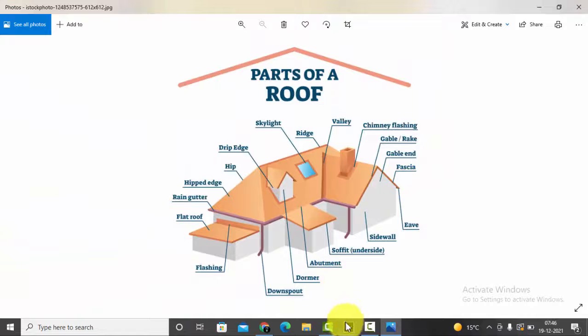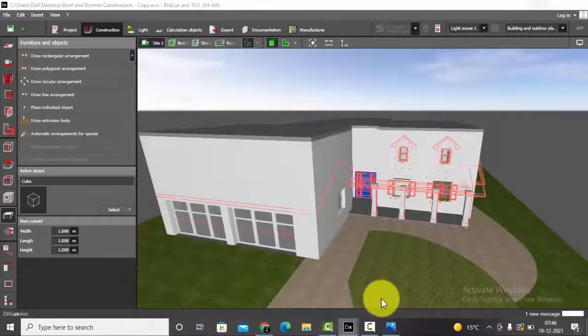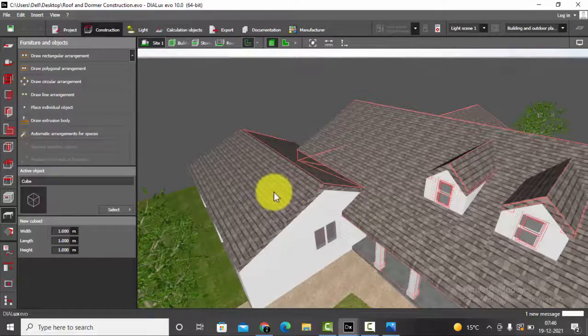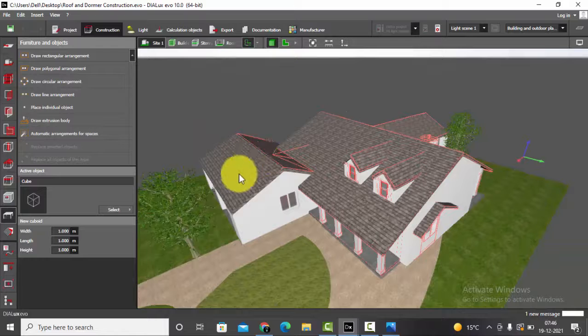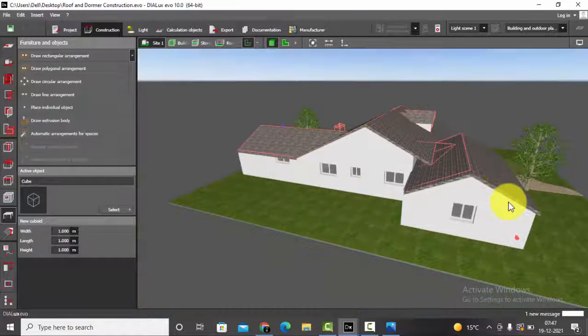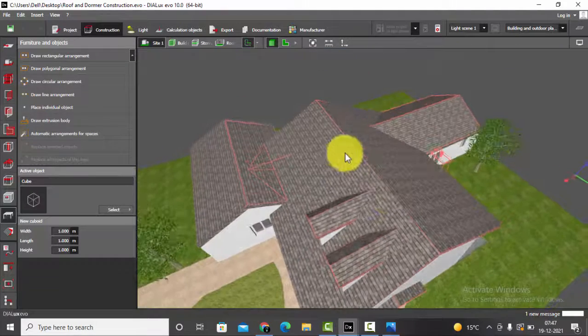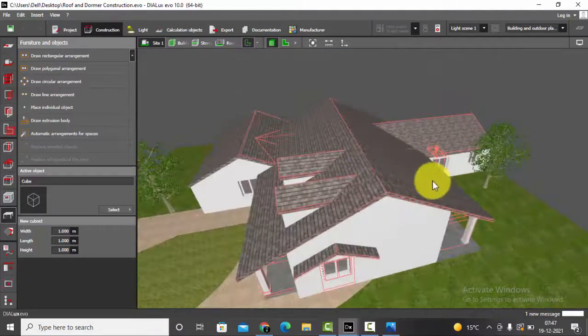Now let's go and identify the different roofs we have in our project. We'll start from here itself because I have already constructed. So we have a double pitch roof. Since it makes a triangle, it has two surfaces and it is connected with a ridge. Next we have again a double pitched roof.